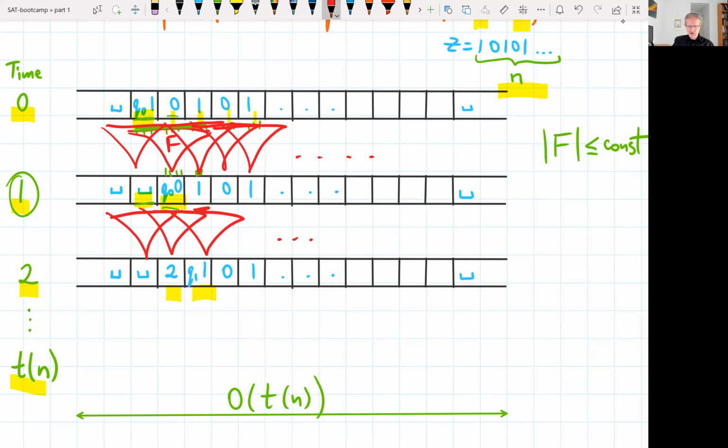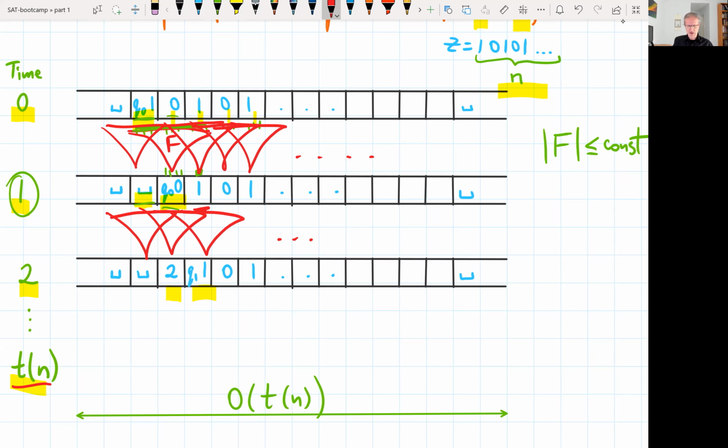Okay, so that's how I get a circuit for this Turing machine. And let's see what the size of the circuit is going to be. First of all, the number of steps is at most t of n. So the number of levels in this circuit that I'm building will be at most t. And the width of the circuit that I'm building is also going to be at most roughly t, big O